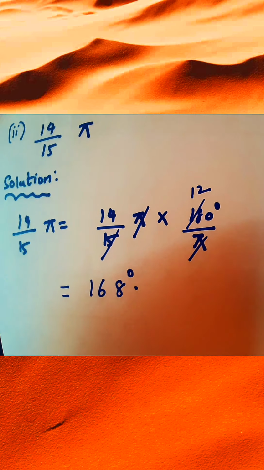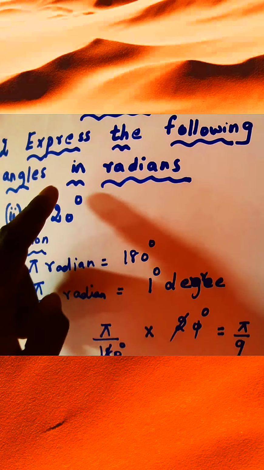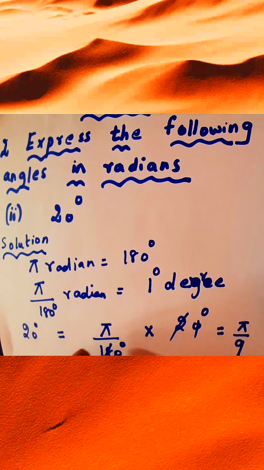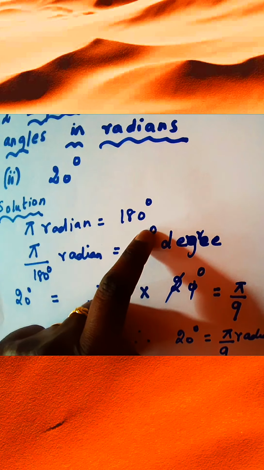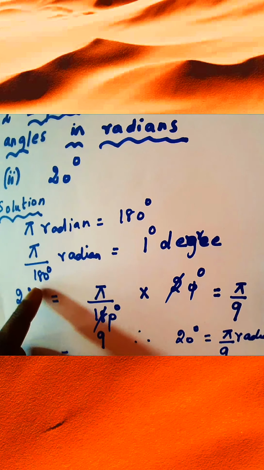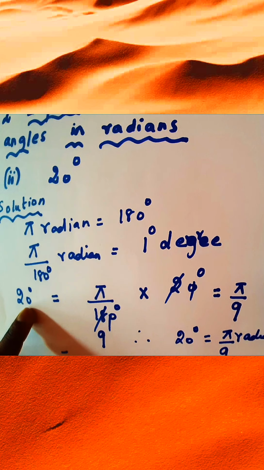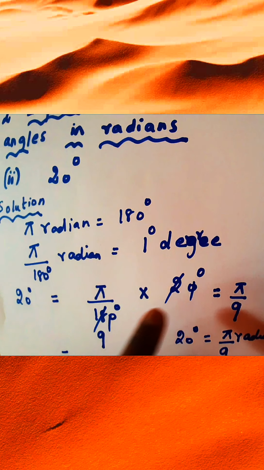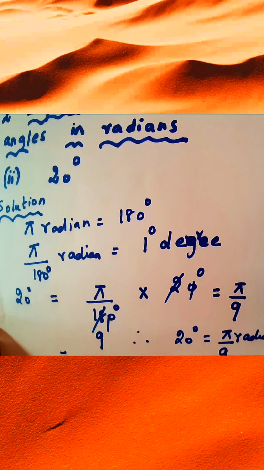Then we converted the following angle into radians. 20 degree we have to convert into radians. So what is the procedure? 20 degree you have to multiply by pi by 180 degree. We know the relation, pi radian is equal to 180 degree. So 1 degree is equal to pi by 180 radian. No need to get confused. If you get 20 degree, how are you going to convert into radian? Multiply by pi by 180. So the 0s can cancel. 1 2s are 2, 9 2s are 18, pi by 9. The answer is pi by 9 radians.